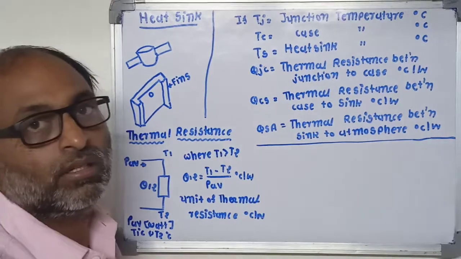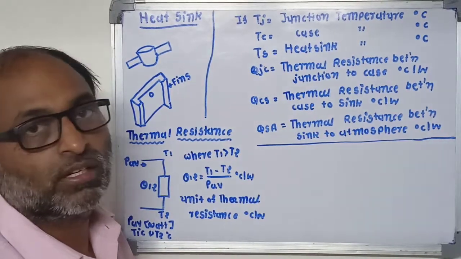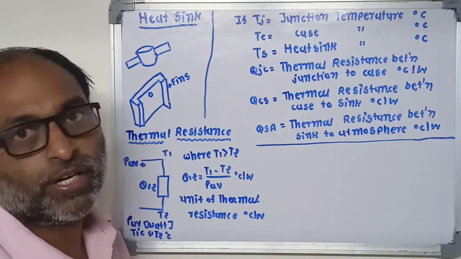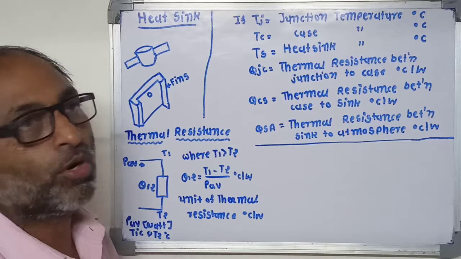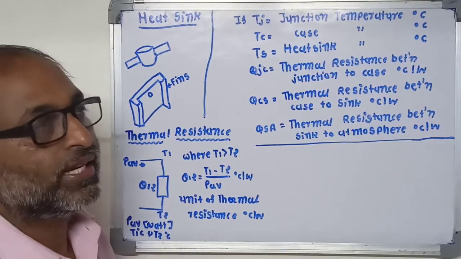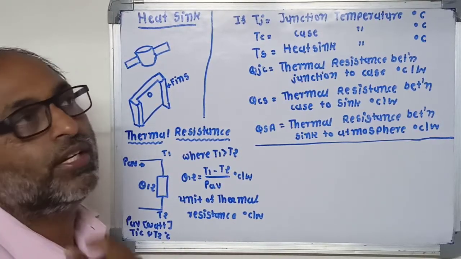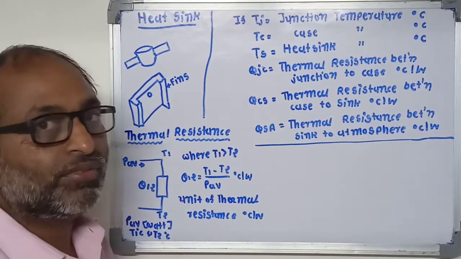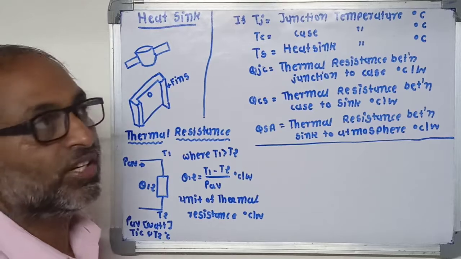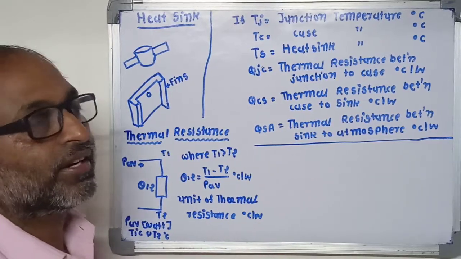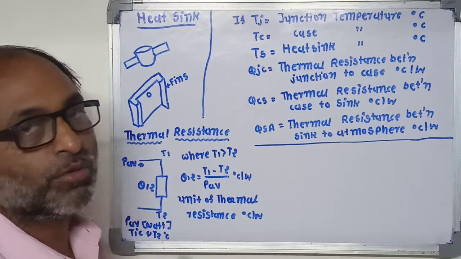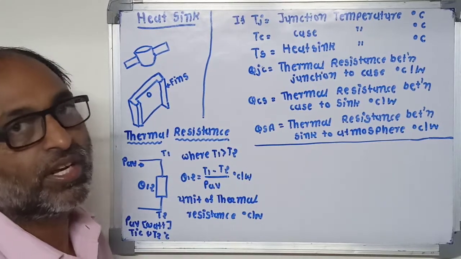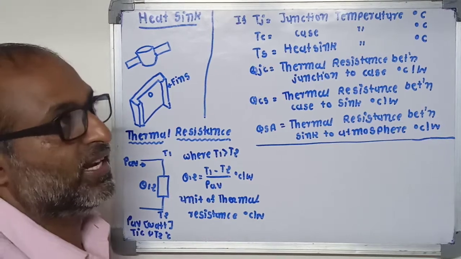Heat sink. Some power losses occur in thyristors during their working. This loss is converted into heat. The heat produced in the junction of the thyristor is dissipated into the atmosphere through the case of the SCR. If the rate of rise of temperature is increased faster than the rate of heat dissipation into the atmosphere, the temperature of the junction increases, which may damage the SCR.